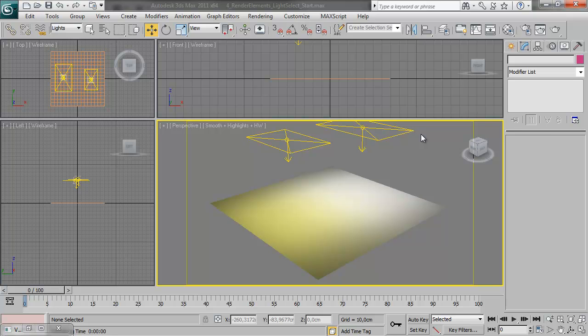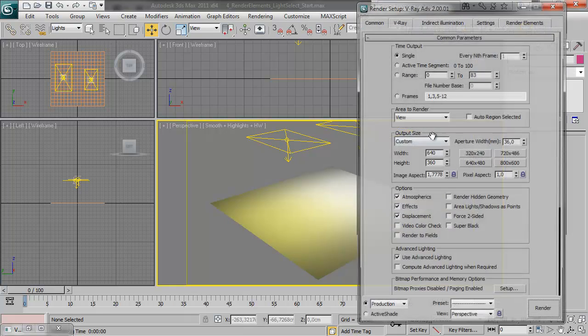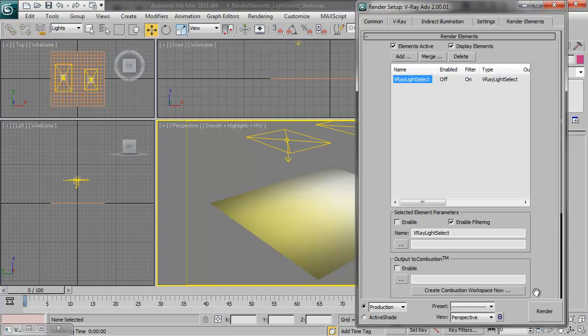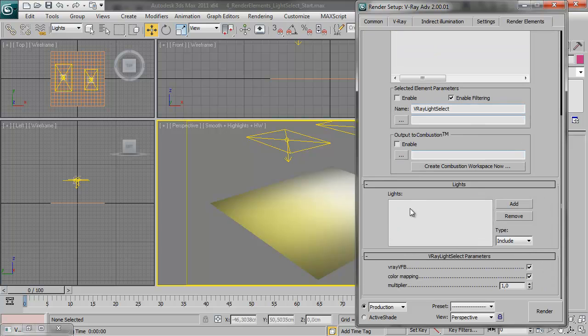V-Ray 2.0 has a new render element called V-Ray Light Select, which lets you render the light contribution from individual lights as separate render elements. And in this scene I have just a regular plane and two V-Ray lights, and I'll just set up the V-Ray Light Select render element real quick. The only thing you need to do here is to add the lights you want to either include or exclude from that render pass